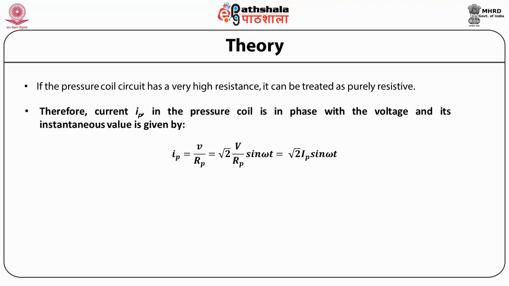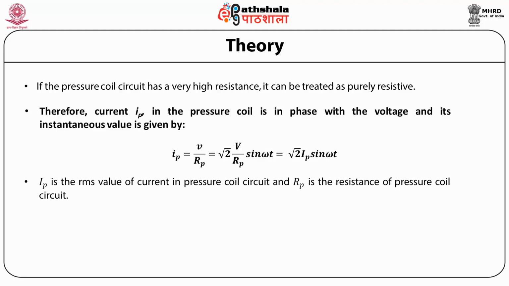Substituting the value for the current, we get the instantaneous value of the current as √2 Ip sin ωt. Capital Ip is the RMS value of current in pressure coil,